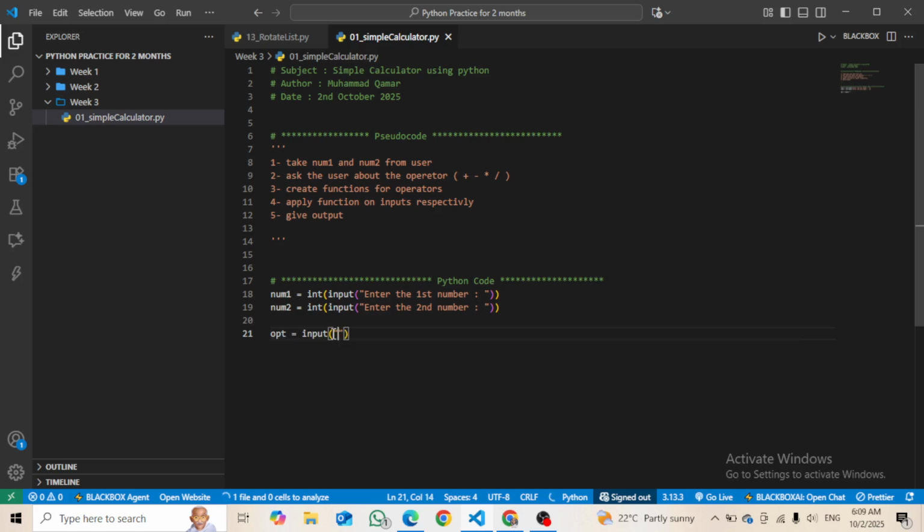So choose an operator, either it is plus, it can be minus. Okay, let's say do it like this: minus, multiply and divide. Okay, choose anyone, and then these are the options you can choose, or the operators. Okay, then we will create